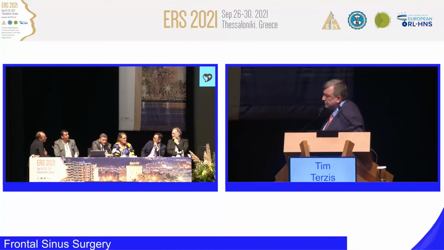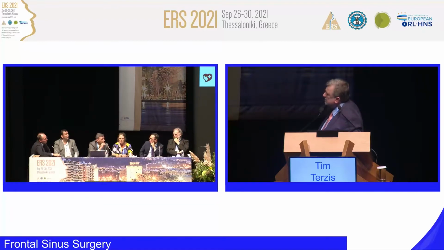I think, Tim, these were two excellent cases that demonstrate how important it is first to think about it and then not to forget the histology. I saw also, you know that here in Greece many doctors remove polyps without histology, and then we see inverted papillomas and tumors and so on. Yeah. And I think these two cases really demonstrate the histology and first to think and to think about the